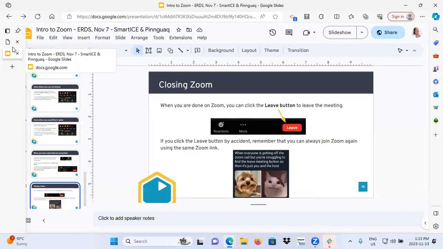And we're going to go now into Edpuzzle. How many of us here, by a show of hands,